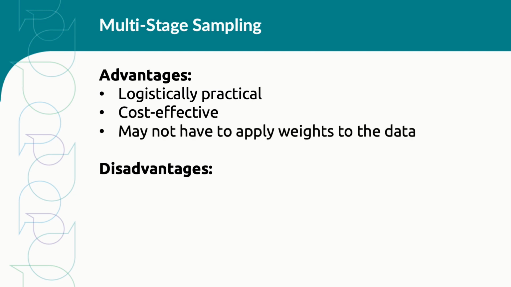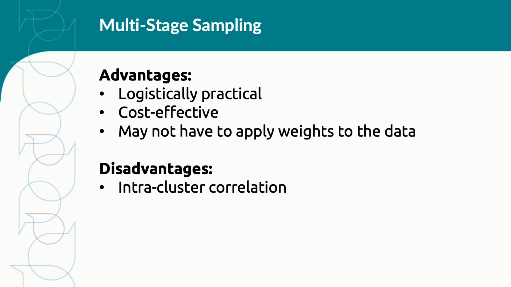Depending on the sampling strategies used, your data may or may not be self-weighted. For example, if you use PPS as the first stage and SRS at the second stage, there is no need to apply weights. In terms of disadvantages, multi-stage sampling provides relatively less precision, since households within a cluster, say a